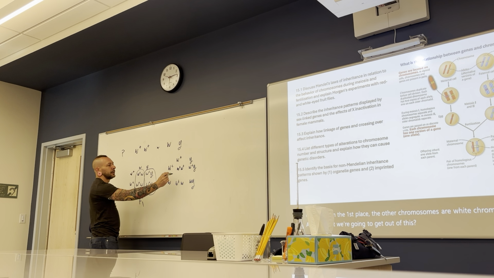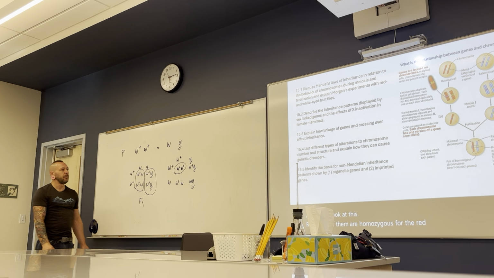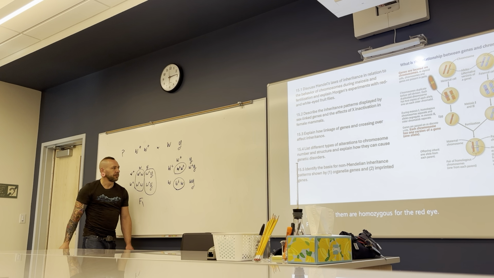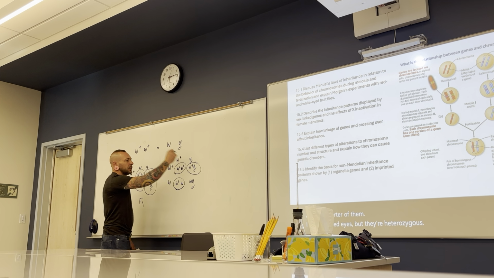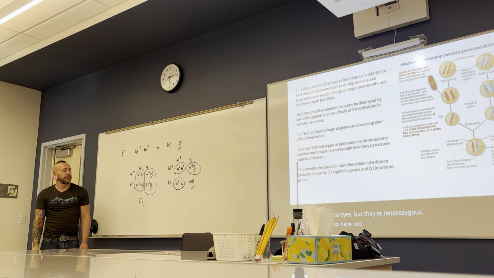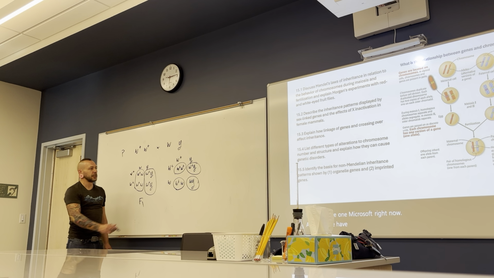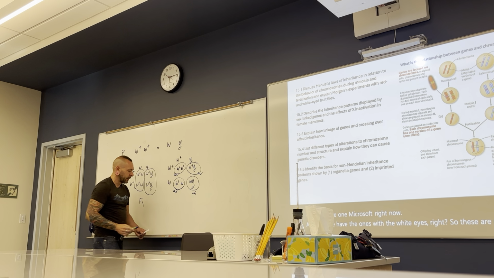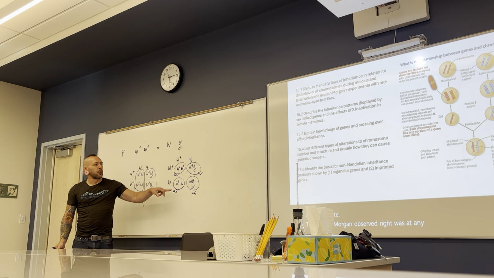If you look at this, a quarter of them are homozygous for the red eye, the females are. Another quarter of them also have red eyes, but they're heterozygous. These will also have red eyes, and then here we have the ones with the white eyes. So these are red, red, red, and white. And that's what Morgan observed,